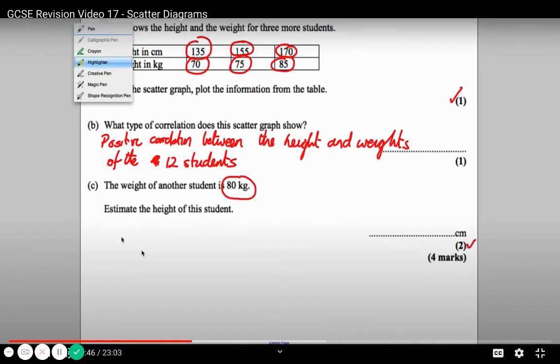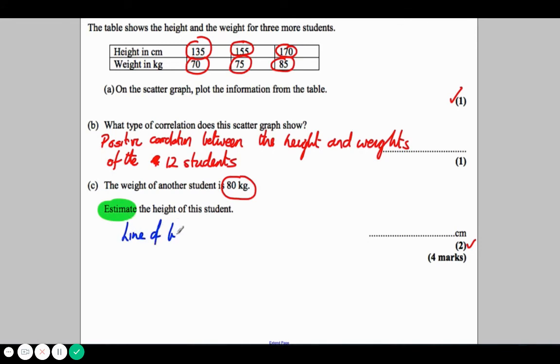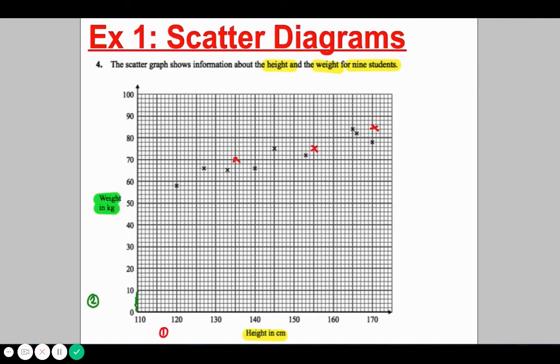Now, this is the key word here, estimate. Whenever you see this word here, it means 2 things. It's asking you in a hidden way to draw a line of best fit and read off that line. If you don't draw a line of best fit, you will not get the mark. So go back to our picture. Our line of best fit, here's a few that are wrong. That's wrong because it can't go past the first data item or the last. So that's the reason why that one's wrong. This one's wrong because it doesn't show that trend at all.